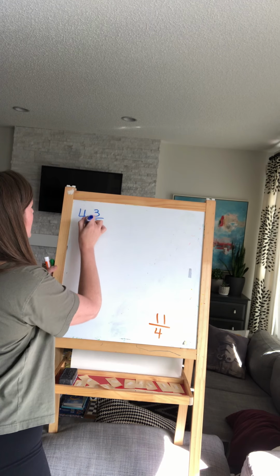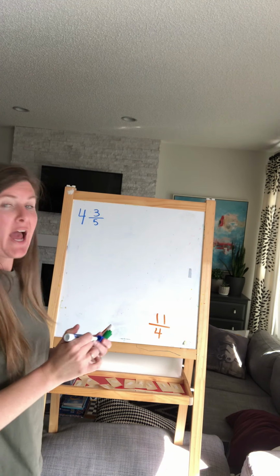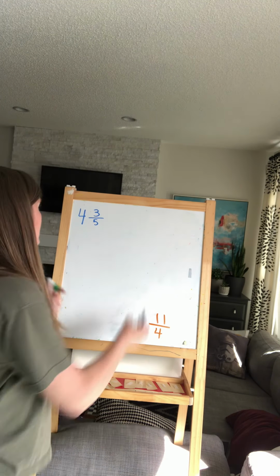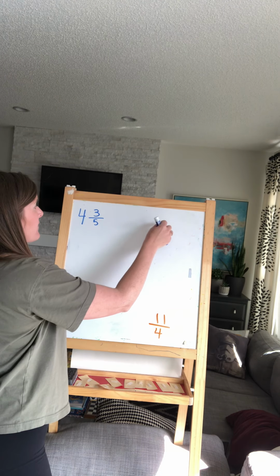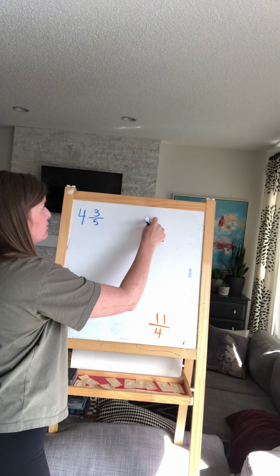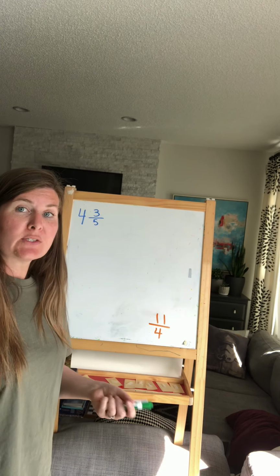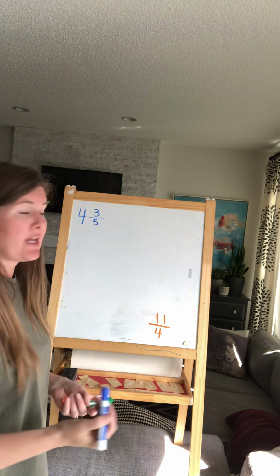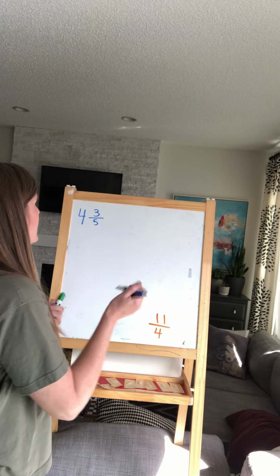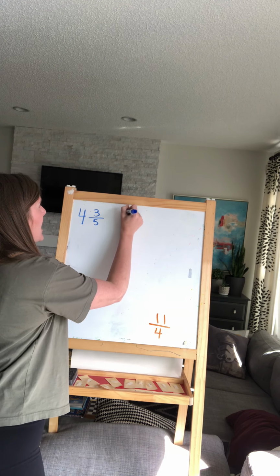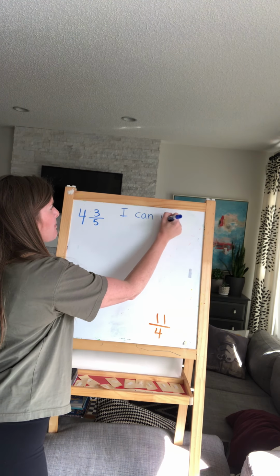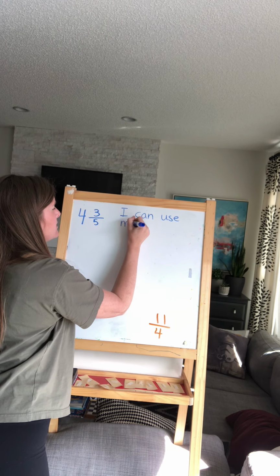Let's use 4 3/5. I could draw a picture with 4 wholes divided into 5 equal sections, but to speed it up, I want to use the skills that I already know. So if I have a mixed number, I can use multiplication